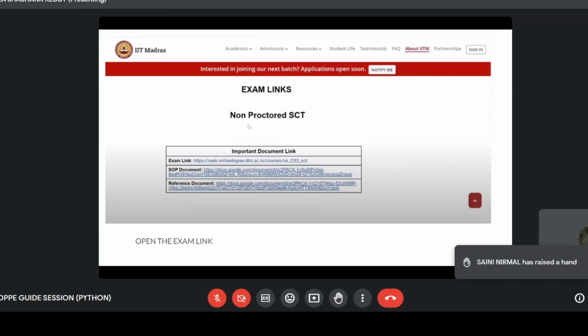So anyways, when you open up your exam link, you will find something like this. Now this is from the SAT. This screenshot is from the SAT, but your actual OPP will also look similar to this. There will be a link to your respective subject. So if you're writing the Python OPP, there'll be a link to the Python test. If you're writing for DBMS, it'll be for DBMS and so on. So you just click on the link for your respective subject, and